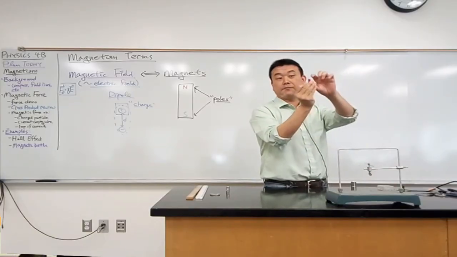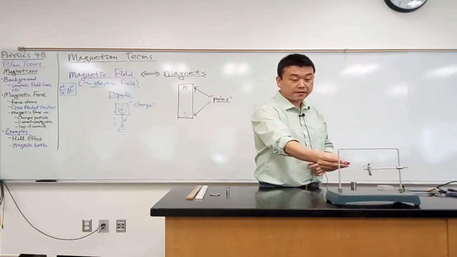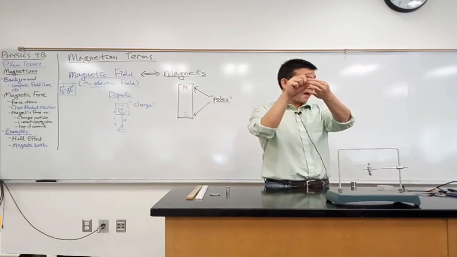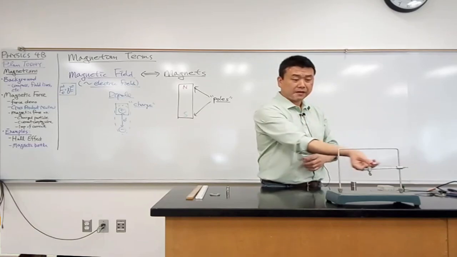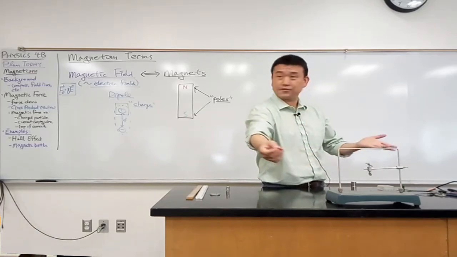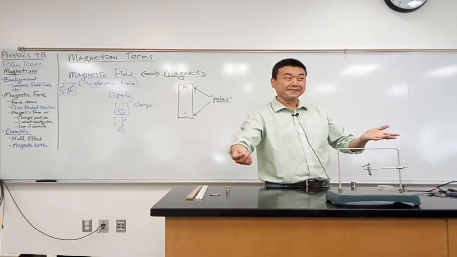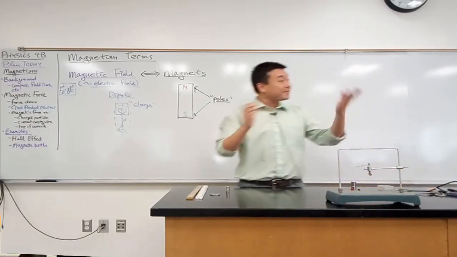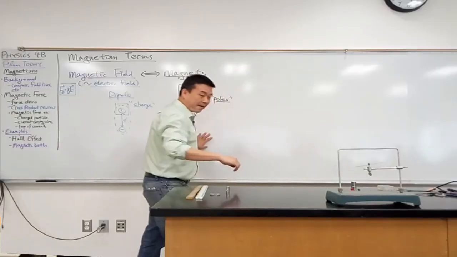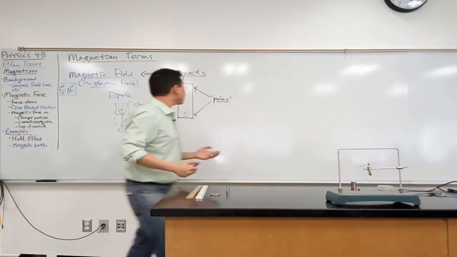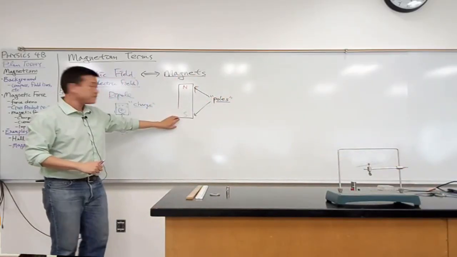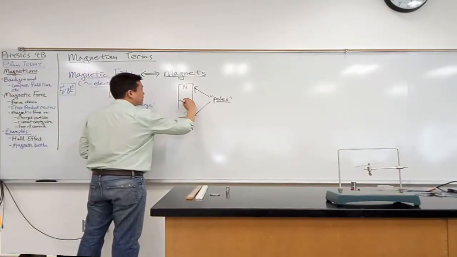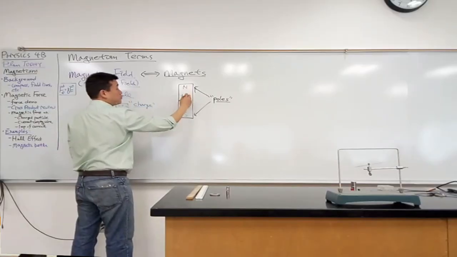So if I make sure to bring the top end closer, then that'll repel the North Pole. But if I turn it around and bring the other end, this is actually South Pole now. Everyone knows this, right? I'm not telling you anything you don't already know. I won't ask because I'm not trying to embarrass people. But if you didn't know, then you should know that there's something funny going on with magnets that wasn't with the electric dipole. With magnets, if you imagine breaking into two pieces, there's north and south